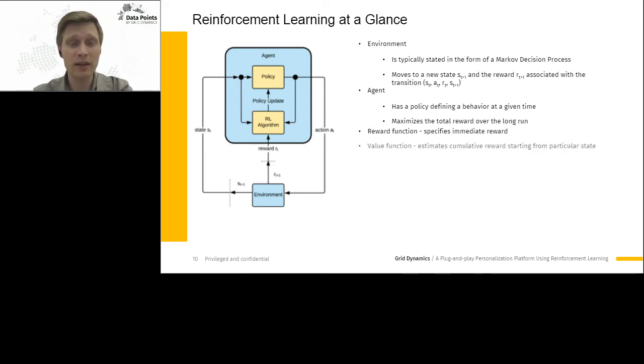Roughly speaking, the value of a state is the total amount of reward an agent can expect to accumulate over the future, starting from that particular state. The interaction between the agent and the environment may end at some point by moving to a terminal state. A sequence of interactions and transitions forms an episode, and the agent tries to maximize the cumulative reward over episodes. If the interaction between the agent and the environment is infinite, we say that this is a continuing task.